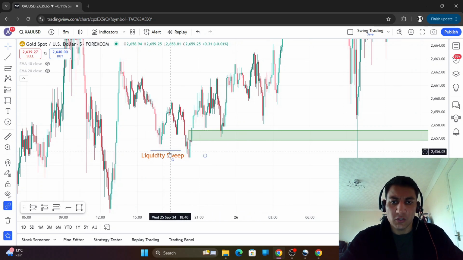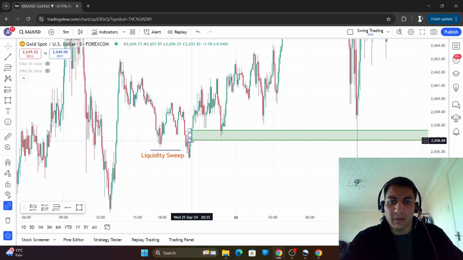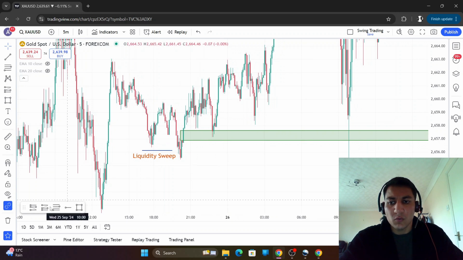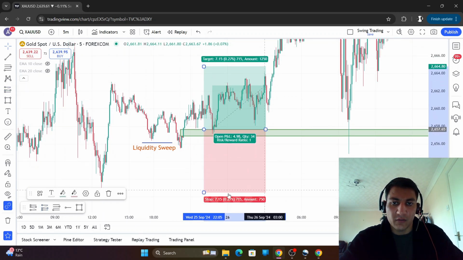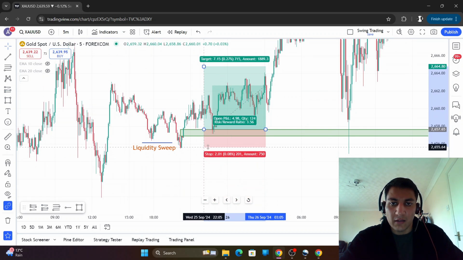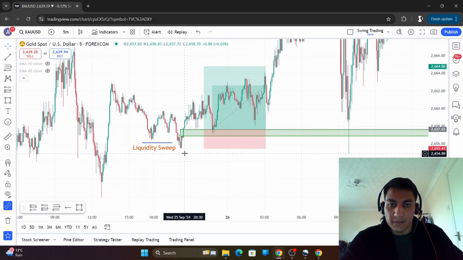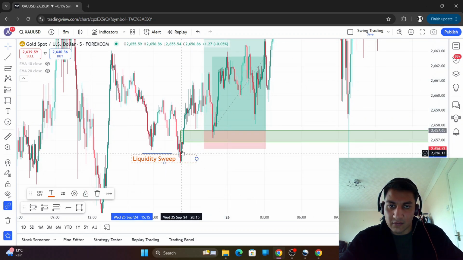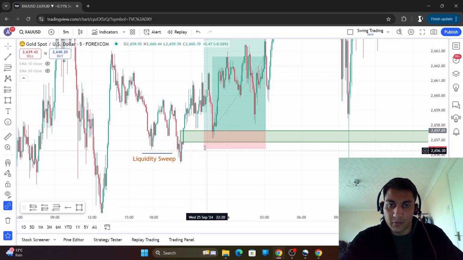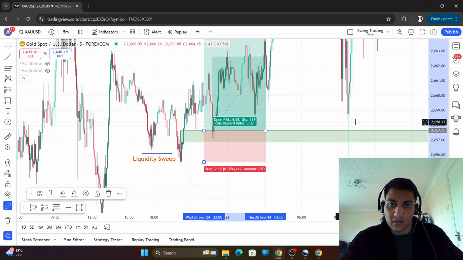So once you've got your liquidity sweep and you've got your fair value gap that forms during Asia, all you want to do is simply enter at the fair value gap, right? Put your stop ideally at the swing low here, at this low here. If you want to be really aggressive, you could have your stop at this candle here, because this candle forms the fair value gap. But I would always say just have it at the low here.